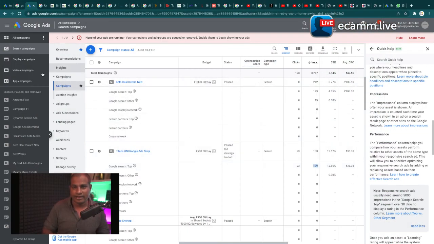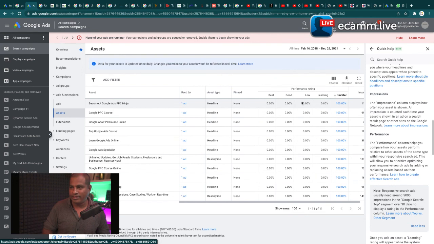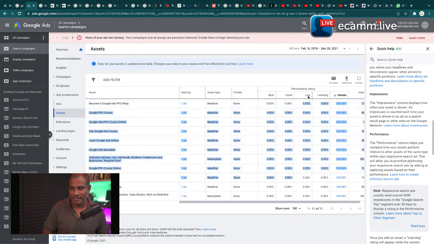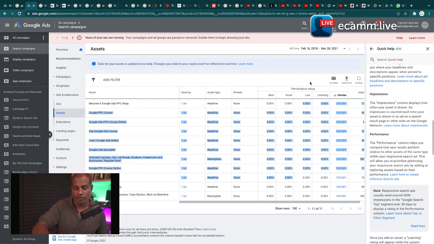Or if you know something is not working, if Google has labeled it as low in this screen, if you go to your assets under ad extensions, and everything that you have here is labeled as low, for example, then you need to change these ad texts because they're absolutely not performing. So that is for us to decide, analyze, and then make changes accordingly. So that's about it about assets and segments from my end.